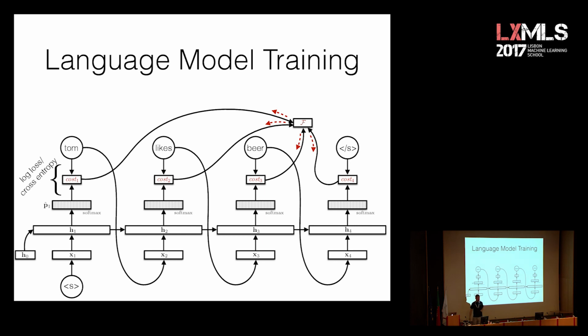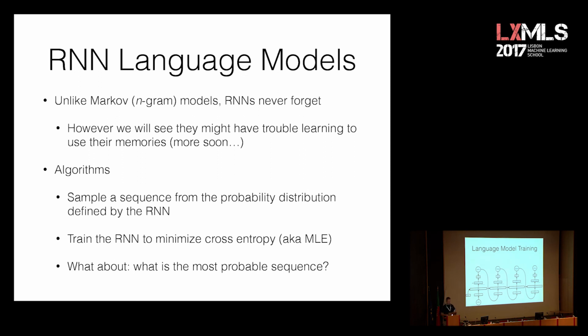Yeah? Although it never forgets in some way, this is based on a kind of first order Markov assumption of the sample. It is. Does it also make sense to have it be second or third order, or to have the previous of the previous? Yeah. Okay. So that's a subtle question. We're going to come back to this right after this and talk about how we basically get these models to remember longer term things. So it's true that at every time step we're only feeding in the previous symbol, but